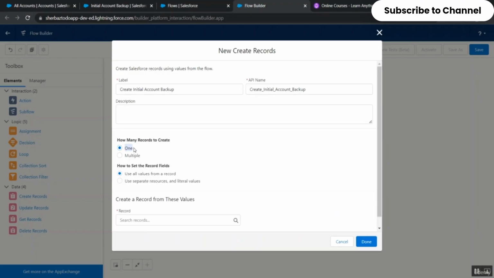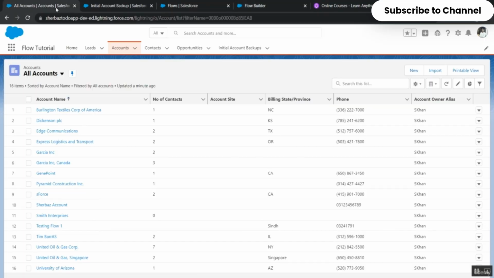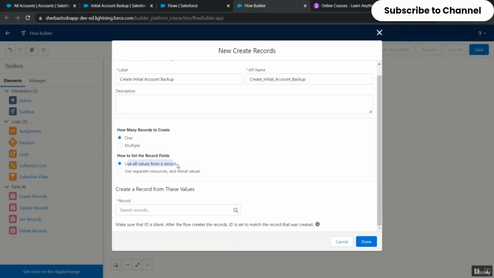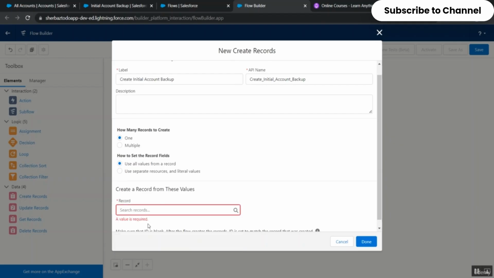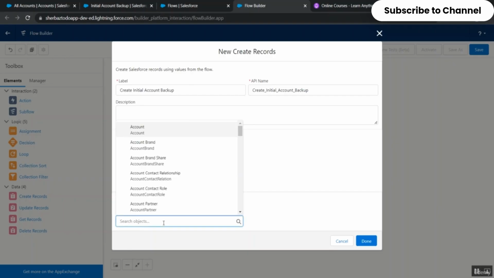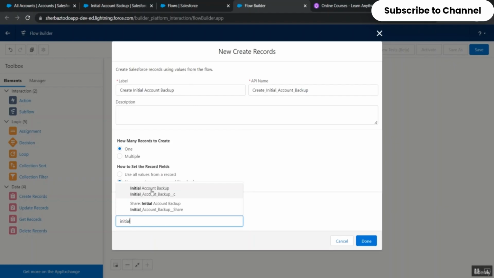So we are going to say just one record, because we want to create a backup of every record which is getting created. Use all the values from a record means, do we want to use all the values from a record collection variable or record variable? No, we want to specify each field of that object, right? Because we want to store only a few specific fields. So initial account backup,